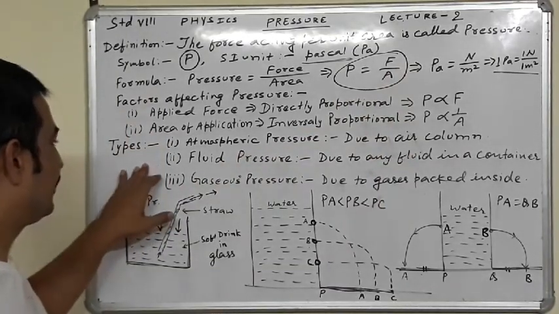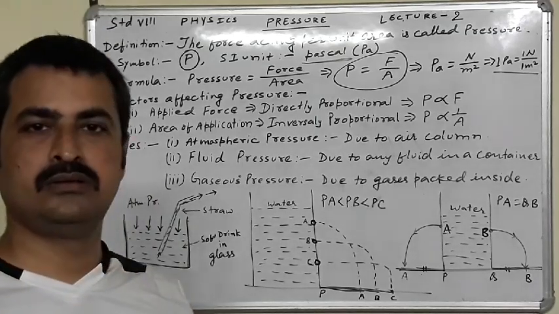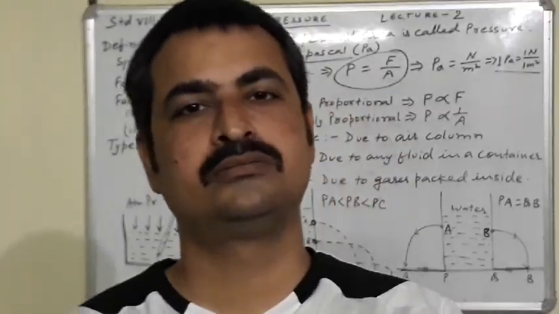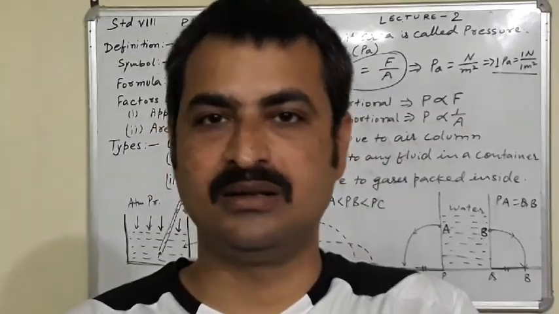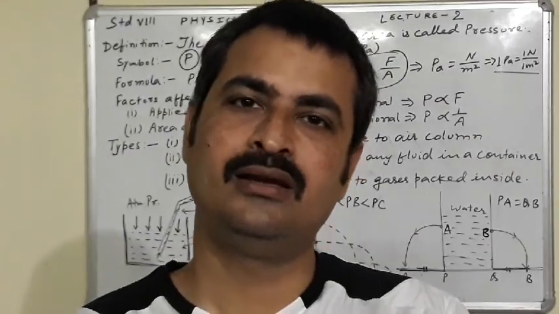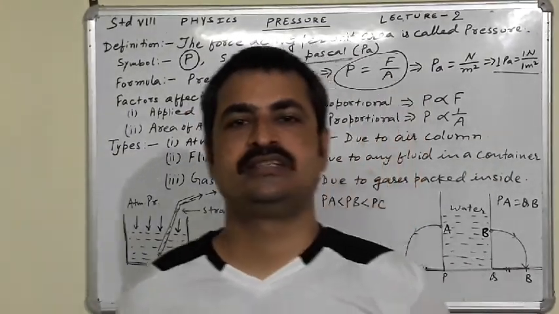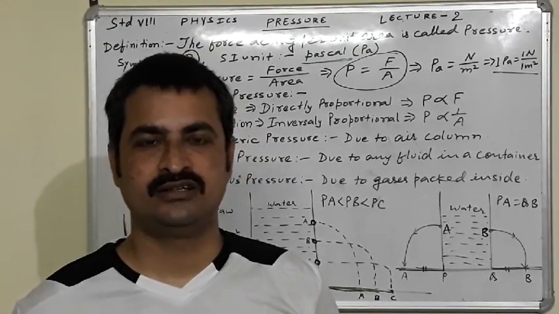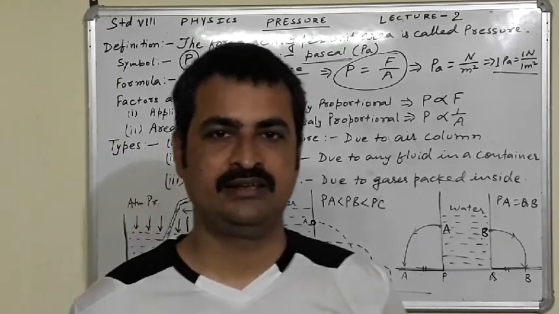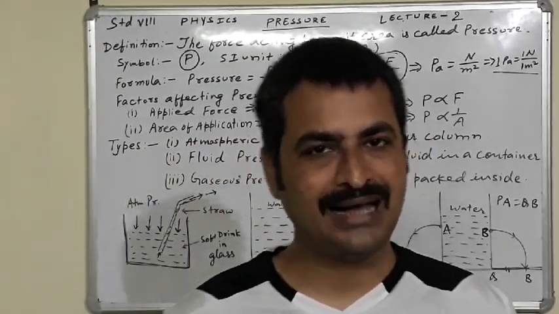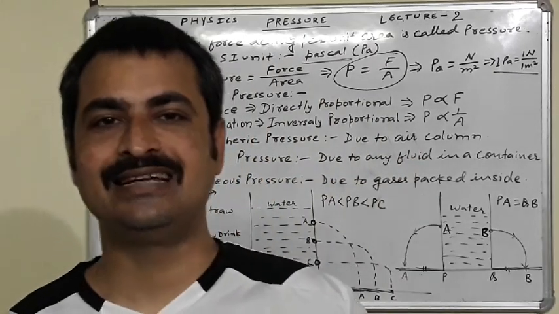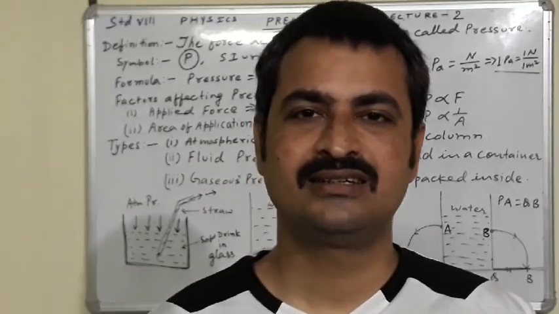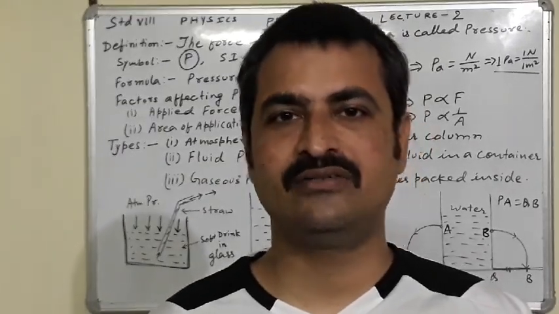We are having some examples. Have you seen the rear wheels of truck and bus? Obviously, they are doubled. Why? If a truck is loaded, weight will not change during its whole journey. So, to minimize the pressure, there are double tires. Why double tires? Area of contact will increase.